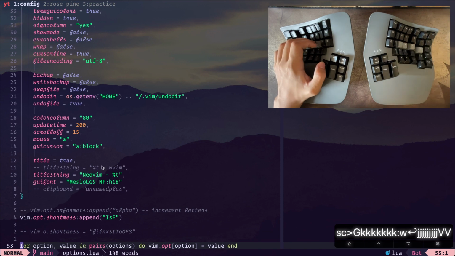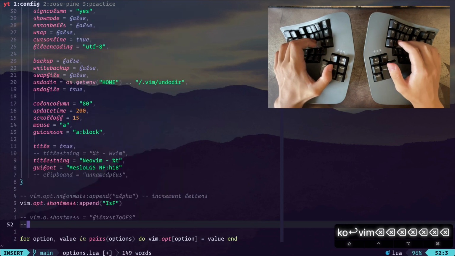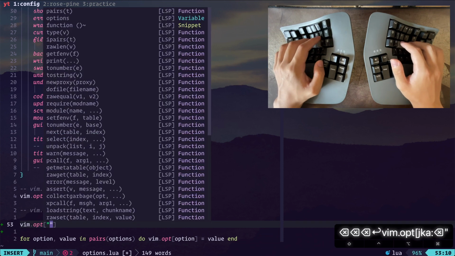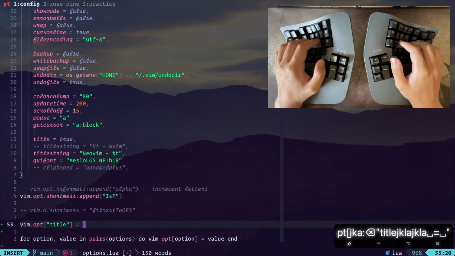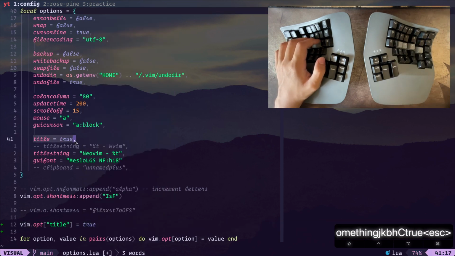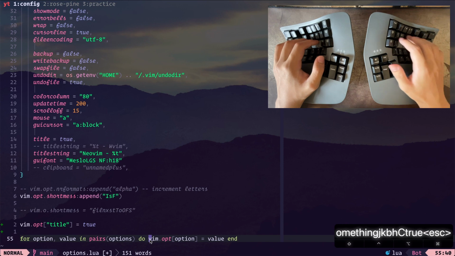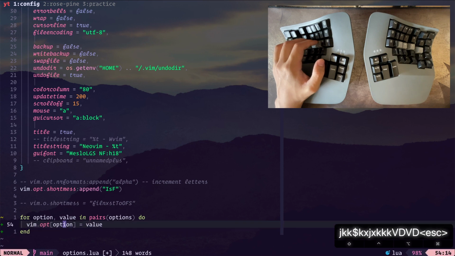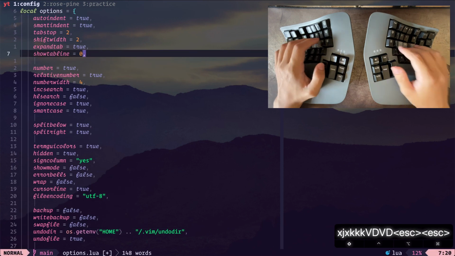And then at the end, we have a quick for loop that says for option and value in our options, we set vim.option, and then whatever the name of the option is, let's say like title, for example, equals something, or should here be true, something like this. So we'll take this line, title equals true, and it'll run this code here for every single value in our options map. So let's go over